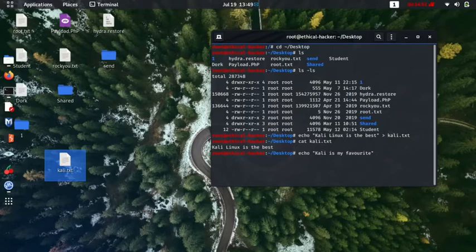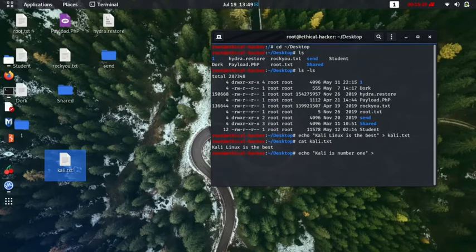We can write anything actually. We'll write Kali is number 1. Then we have to give the path, but if we give a single